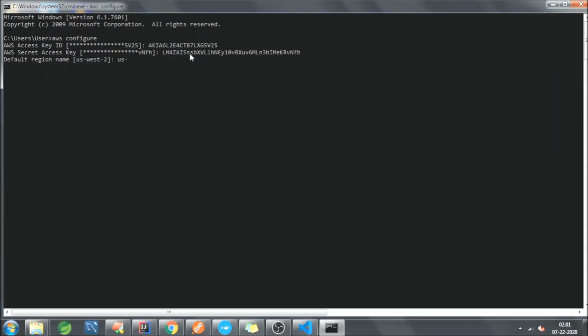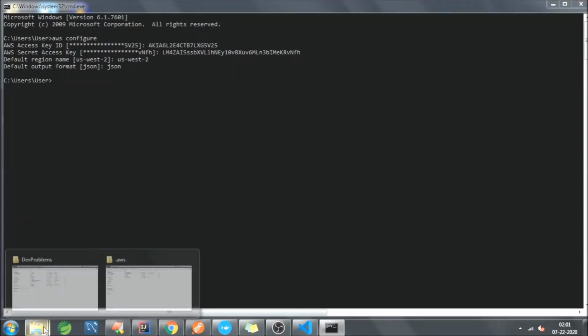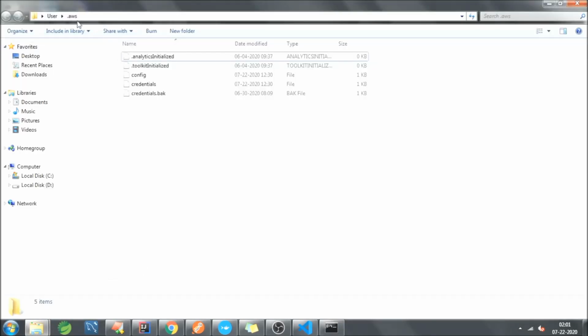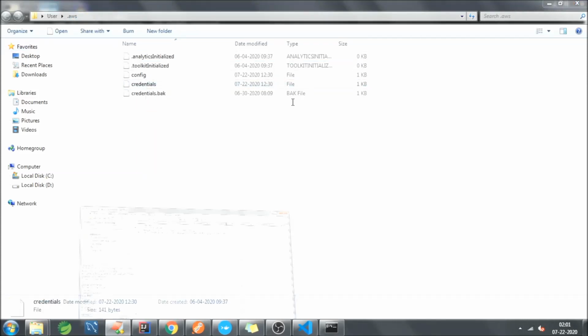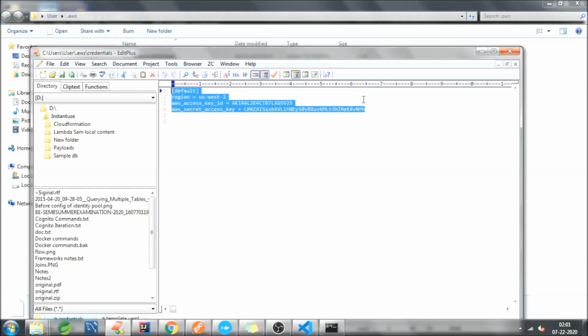Now you need to provide the region of your AWS account, and you can provide the output format as JSON. You can always check these credentials by going to your user directory. There will be a folder named .aws and in that there will be a credentials file. You can open it and check your security credentials in this file.